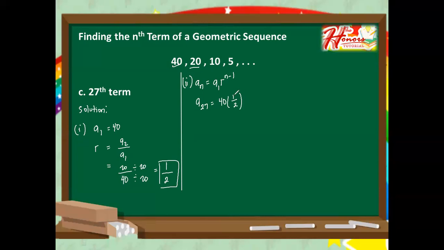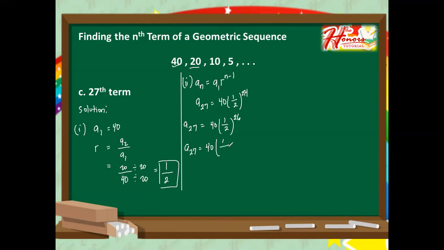N is the missing term. So that is 27 minus 1. So let's continue solving. So we have here a sub 27 is equal to 40 times 1/2 raised to 27 minus 1, that's 26. So we have here a sub 27 is equal to 40 times 1 raised to 26